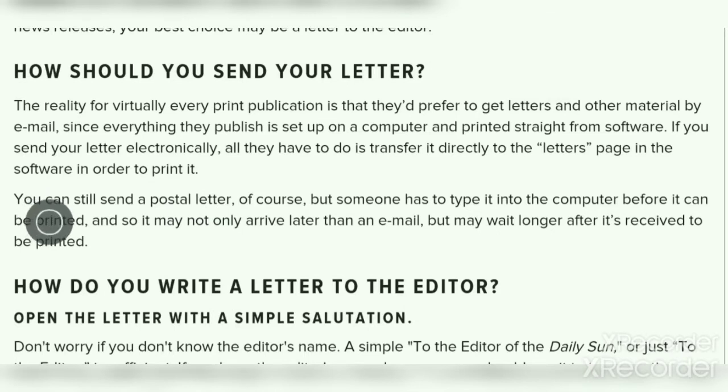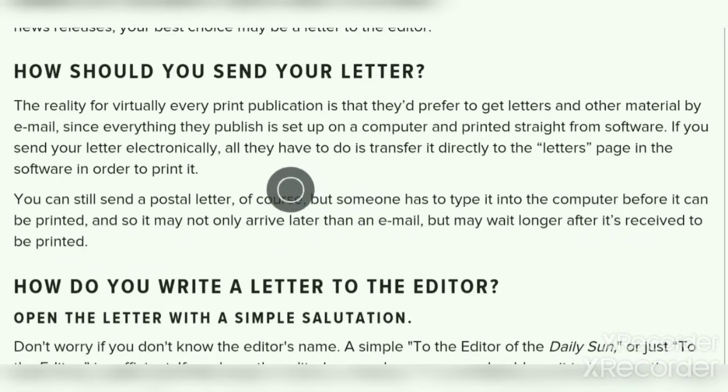Then you can still send a postal letter at the present time. If you want, you can send a letter through the post office, of course, but someone has to type it into the computer before it can be printed, so it may not only arrive later than email, but may wait longer after it's received to be printed.